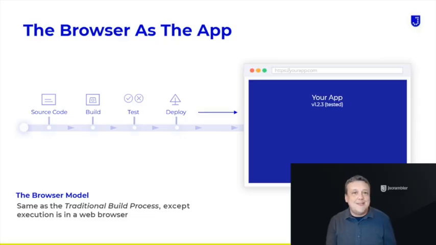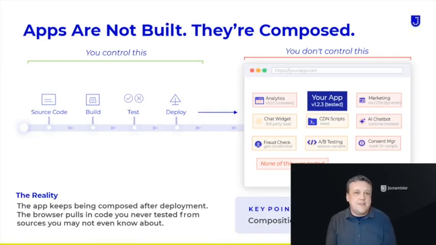Because composition doesn't end at deployment. It continues, and it continues in an environment where you've got very little visibility and very little control. In the next slide, we're going to pull back the curtain a bit and see where that finished product actually lands. We're going to see what really happens when your application runs in the real world. So keep this conveyor belt in mind as we move forward, because we're about to show you how it extends beyond where most teams think it ends.